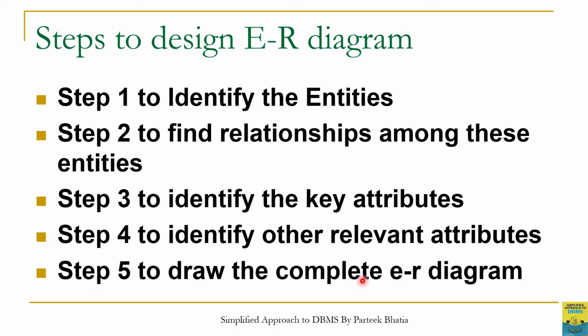It means we are not going to draw the ER model in the first step. Actually, a lot of pre-processing is performed before drawing the actual ER model. So, we have to first identify the entities. We have to find out the relationship among these entities. We have to identify attributes and key attributes of the entity sets. And after identifying all this information, then we have to draw the ER model. And you will appreciate that if we have this information with us, then designing an ER model will become very simple. So designing of an ER model can become very simple if we follow these 5 steps.